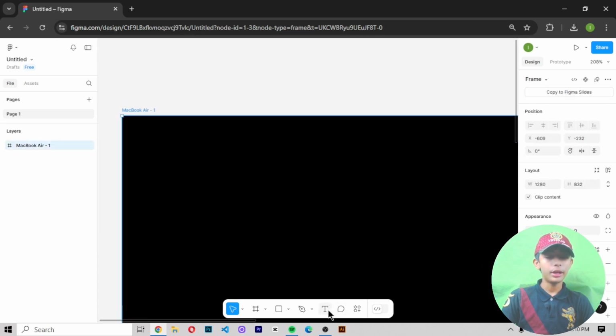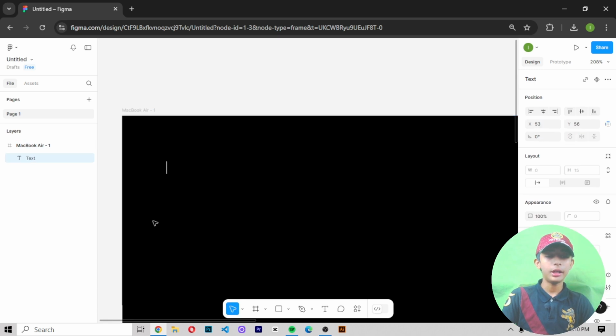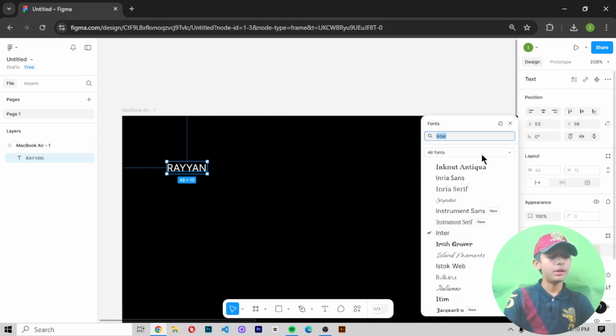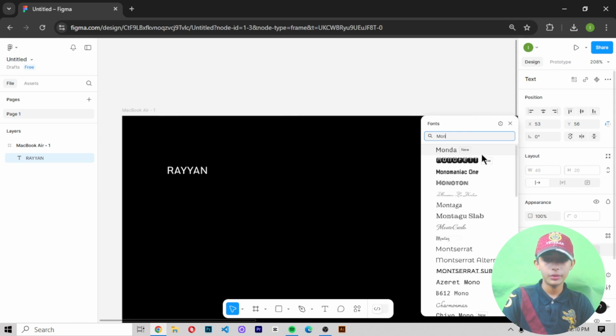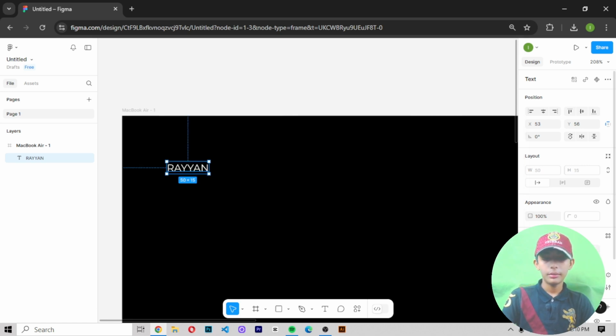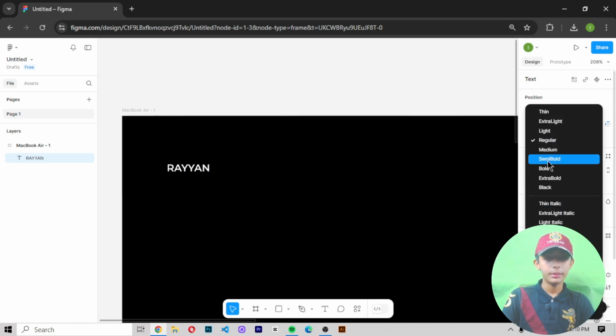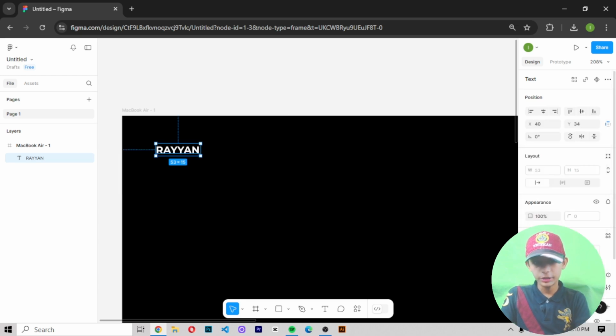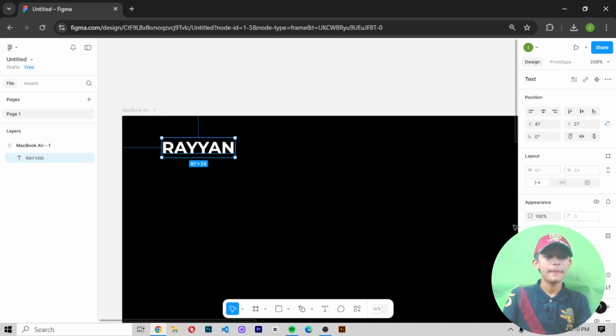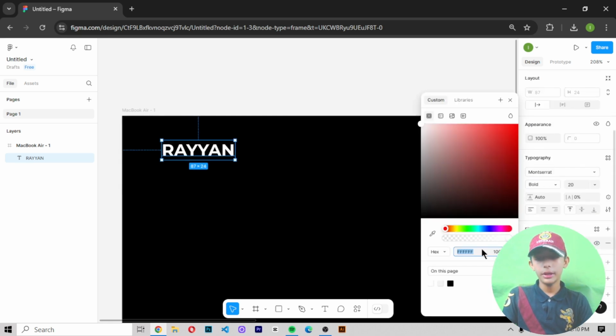Here I select my text tool and here I am writing Rayyan, okay. And here you write your name also. I am giving the font Montserrat because in the coding we are also using the Montserrat font. Okay, let me click Montserrat and I am giving it some bold. And I am giving the size 20. Okay. So now the color I am giving